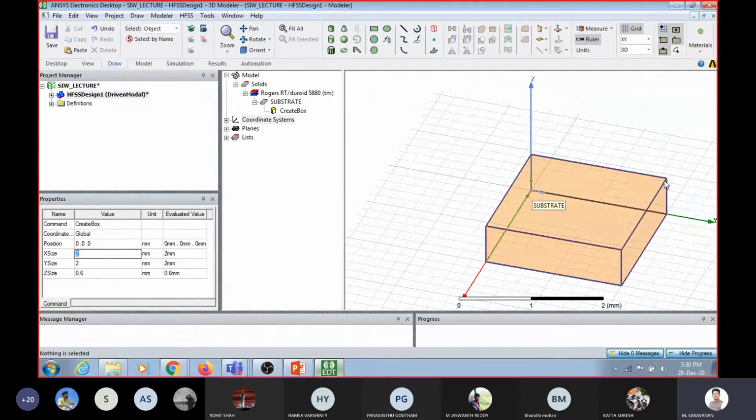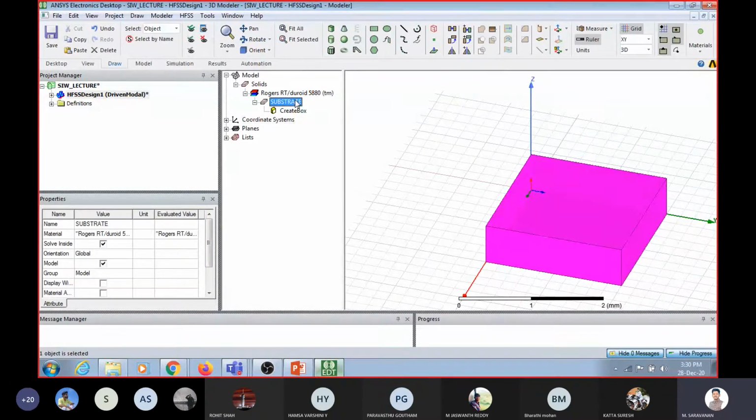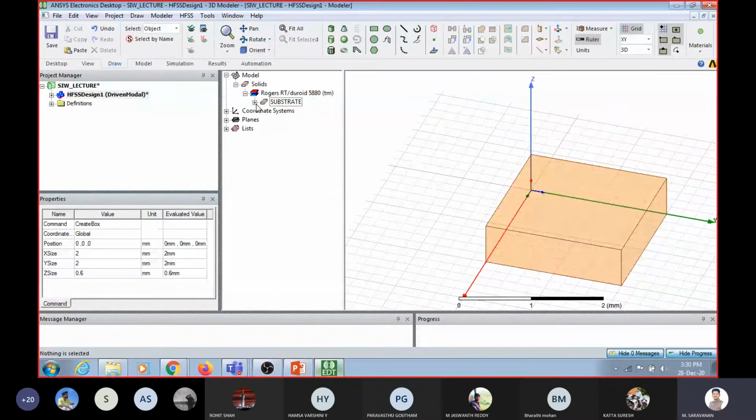So like that, the position and the size can be calculated from this second selection. The first selection is the attribute. Below the attribute, if you open, usually it will be a plus symbol. If you open, the second thing will open. Here you can change the position and the dimension of the model.